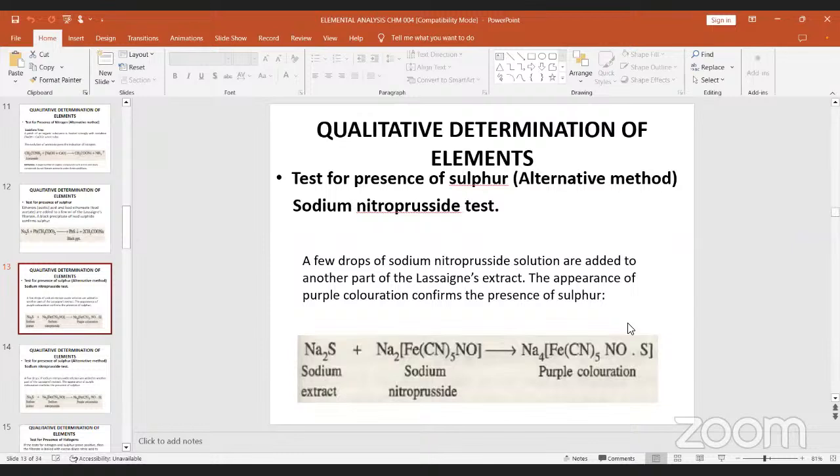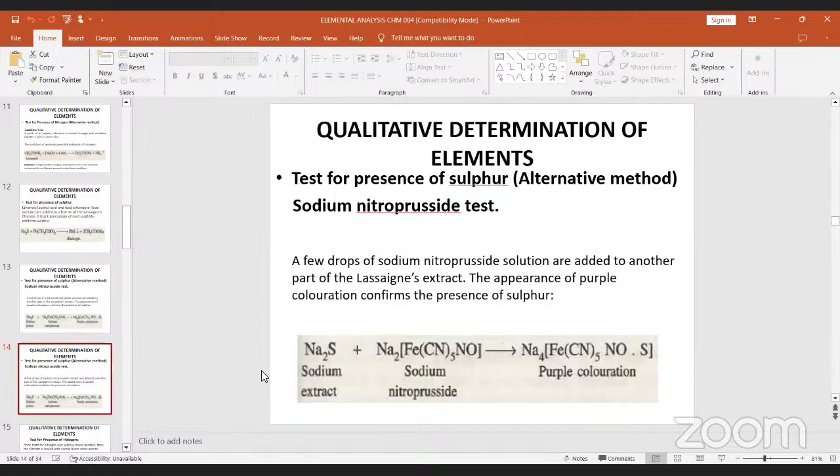Or what is the color that you obtain when you react sodium nitroprusside with lassaigne filtrate to test for the presence of sulfur? You know that it's purple coloration. Okay. Again,